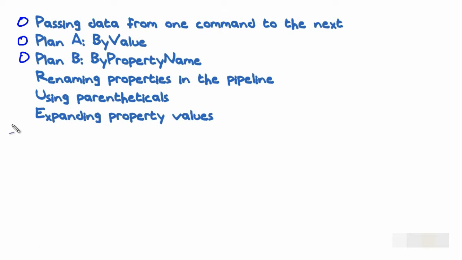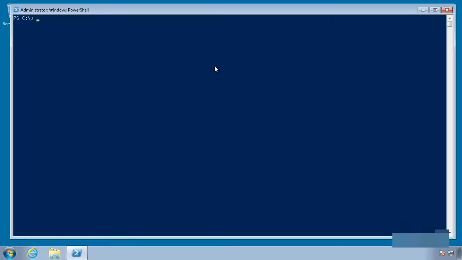Sometimes you're going to need to send data from one command to another, and the data isn't going to be in exactly the form that the second command needs to work on it. So I'm going to show you how to rename things mid-pipeline to make them work. And sometimes you're going to need to use a command that just doesn't accept piped in input. So I'll show you another couple of techniques, including using parentheticals and expanding or extracting property values contents. So again, the point of this nugget is to answer the question,